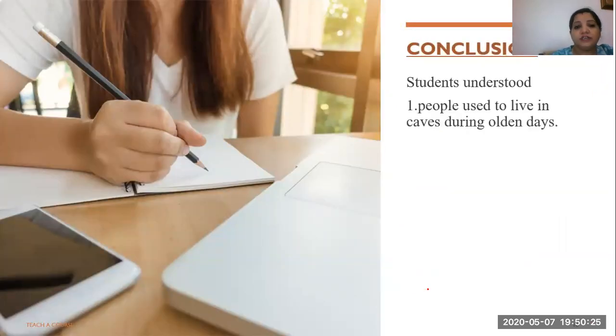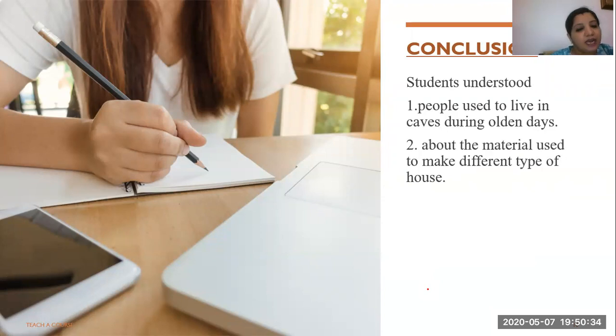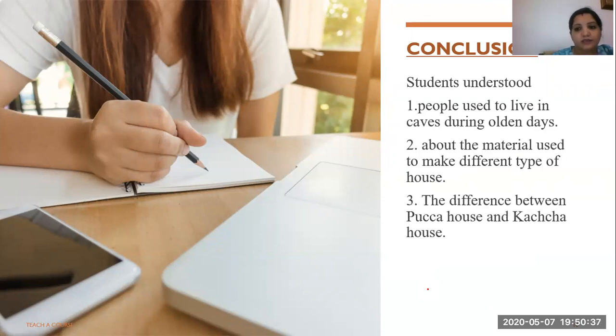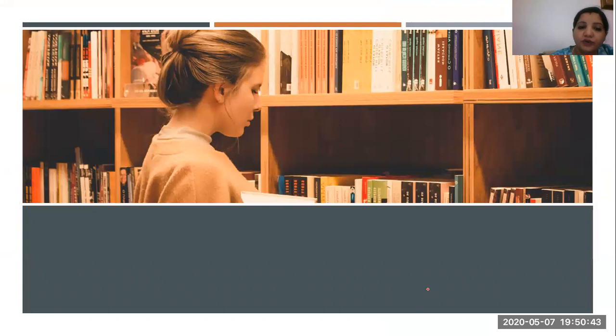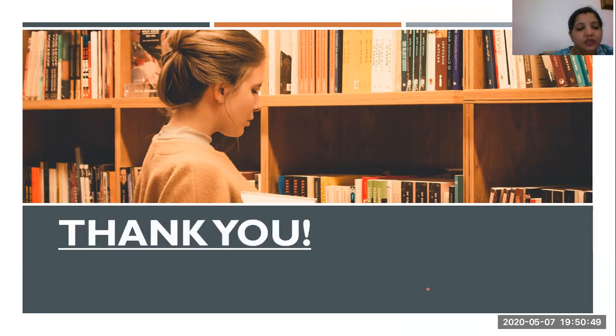So in this chapter, in today's session, you have learned that during the olden times, people used to live in caves. They used different types of material to construct houses. And what is the difference between a kacha house and a pakka house? And where you can find a kacha house and a pakka house? I hope all of you understood this much. I want all of you to learn this chapter. First of all, read the chapter thoroughly. Learn the keywords that are given to you. Write that down in your notebook. And you can also write the difference between kacha house and pakka house in your notebook and learn it.